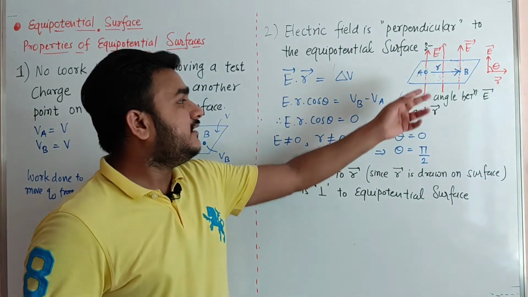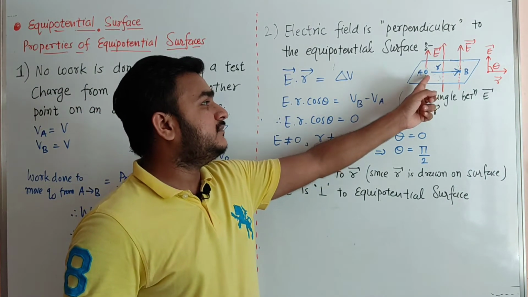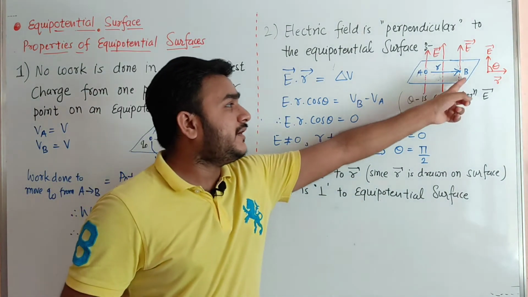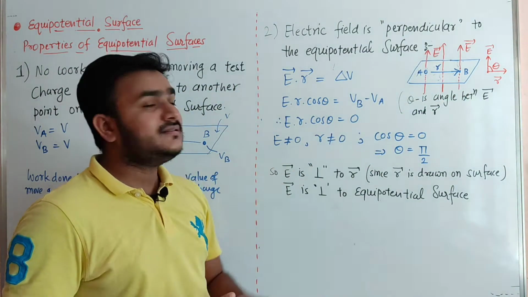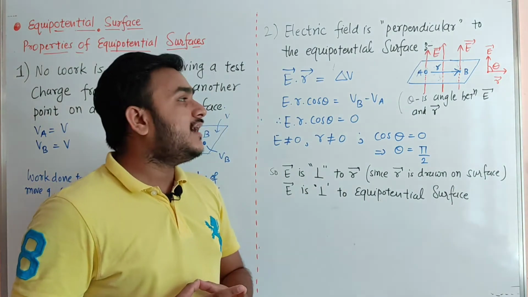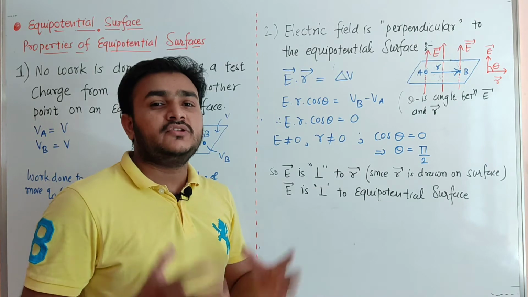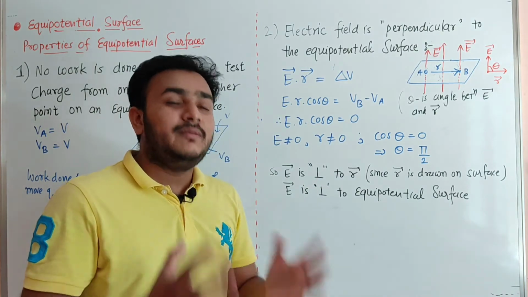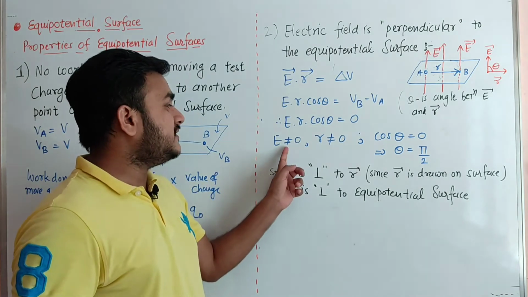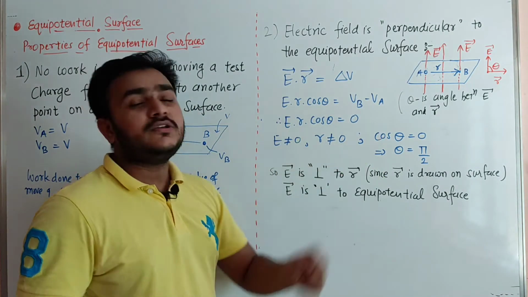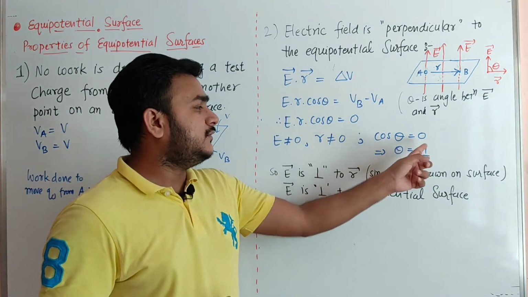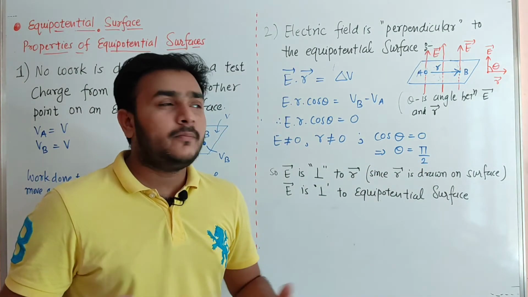As you know, the position vector is between A and B, so the potential difference between point A and point B will be VB minus VA. As you know, both the points B and A are on the equipotential surface, so that potential value will be equal, hence the difference will be equal to 0. So E cannot be 0, R cannot be 0, so cos theta has to be equal to 0. As you know, cos theta 0 implies that theta is equal to pi by 2.